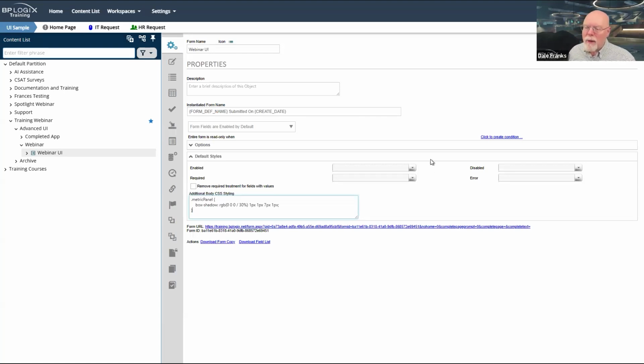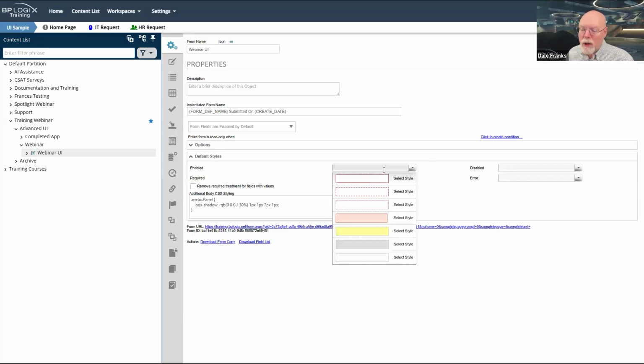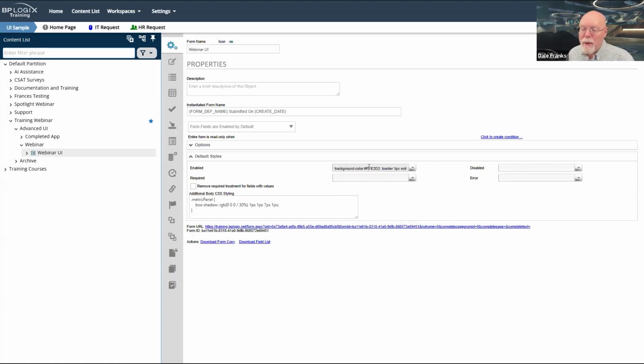Now, we can get around this somewhat because part of that stack of CSS styles includes the styles that we have to be able to set whenever a field is set as enabled or required or disabled, or the field is in error. There's a variety of things that we can do with just normal CSS commands in these drop-downs. These are weird little drop-downs, actually, because there are pre-made styles that you can select. So you can select these styles, but these boxes are also editable.